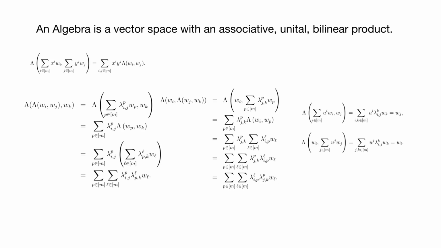Because the w's are basis elements, we're going to write that in terms of the structure constants. Over on the right of the slide, we have structure constants for the unit map, and the product applied to the unit is the same as just computing